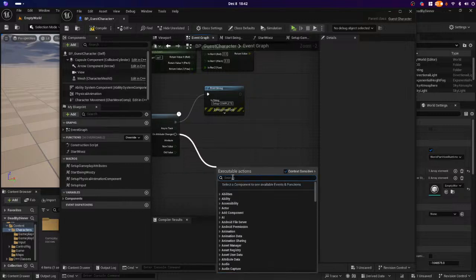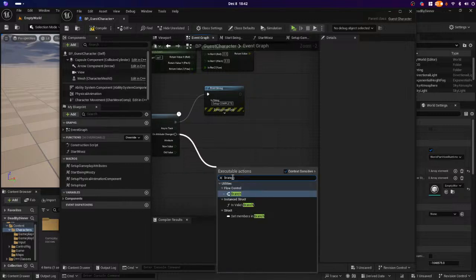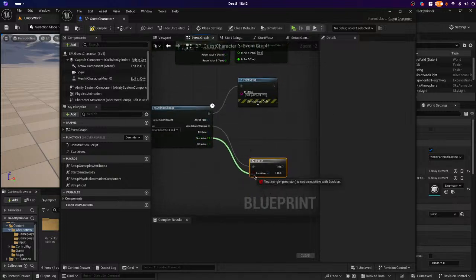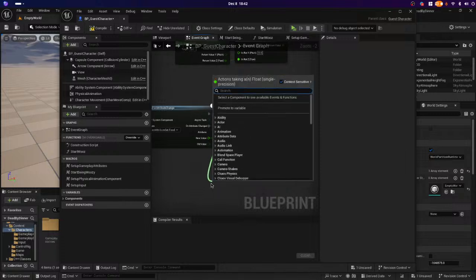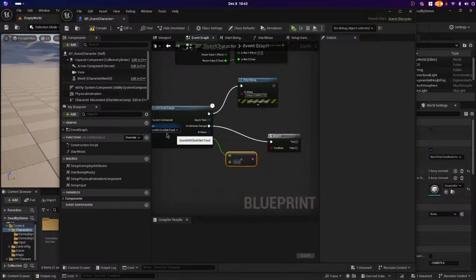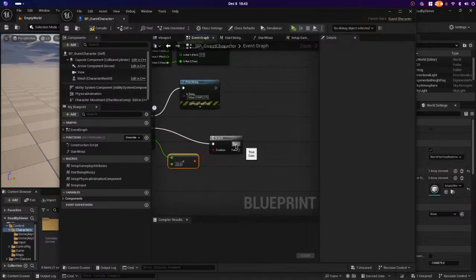So we can do branch, and the condition, new value. Let's say the new value is less than 25. Excuse me, 25. So this will spit out whatever food is, right? So now we can do stuff like, oh,